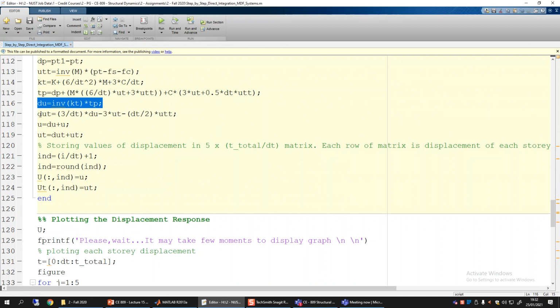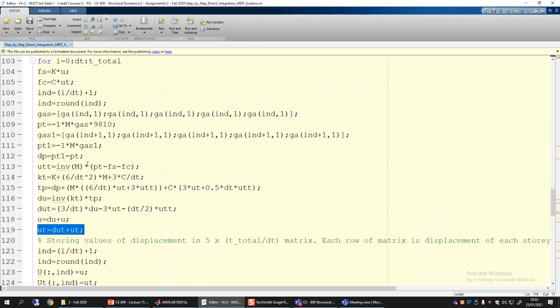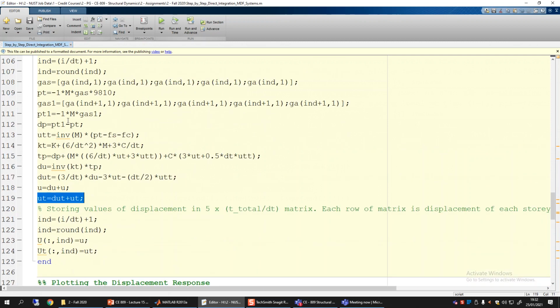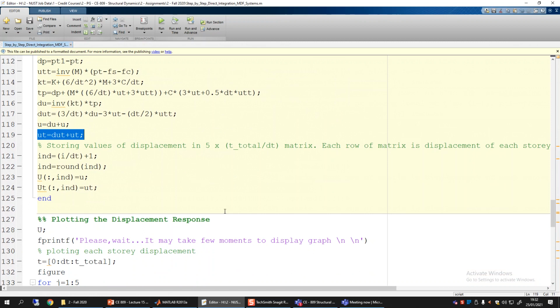Then we calculate delta u dot, sorry, and then we add the increment in u to the previous value to update the value of u, and this updates the value of velocity. So these 5, 6 or few lines are basically implementing the complete flow chart, which I have just shown you